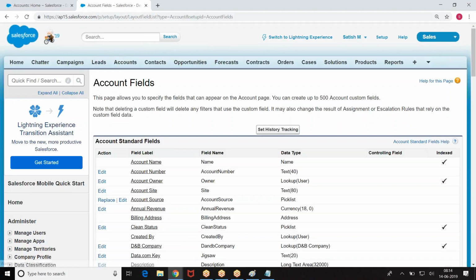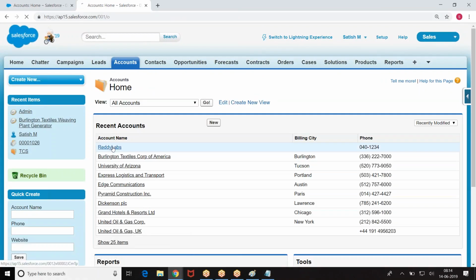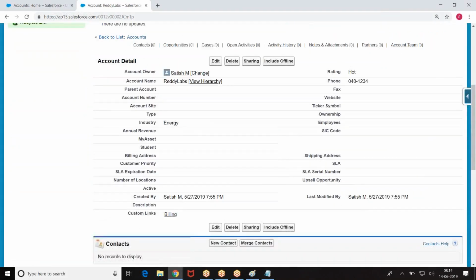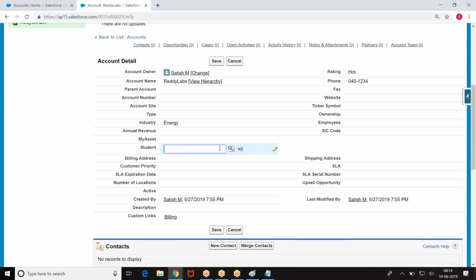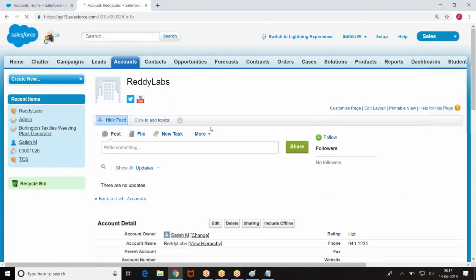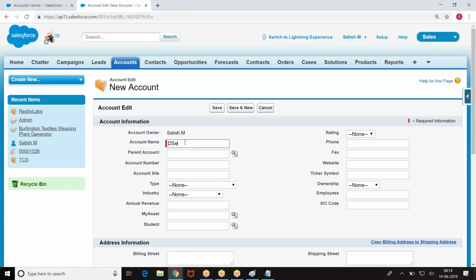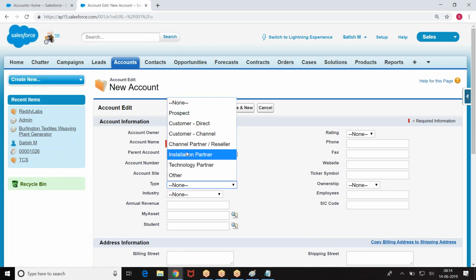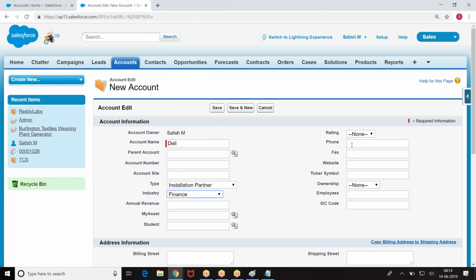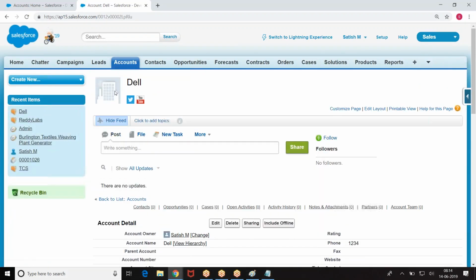User created the relation. On which object? Account object. Now go to account. Here we have student. This is what we got. Now, student is the parent, account is the child.